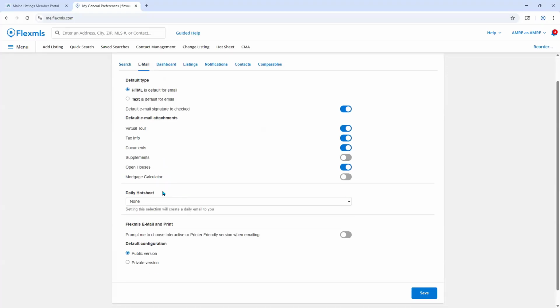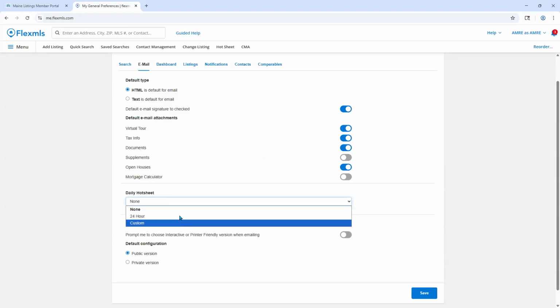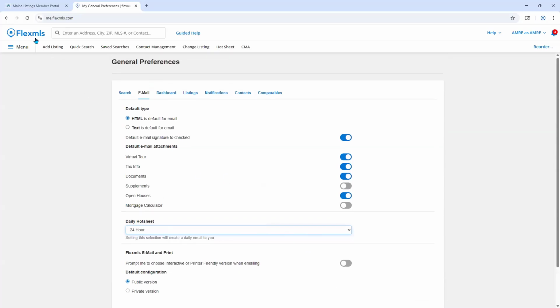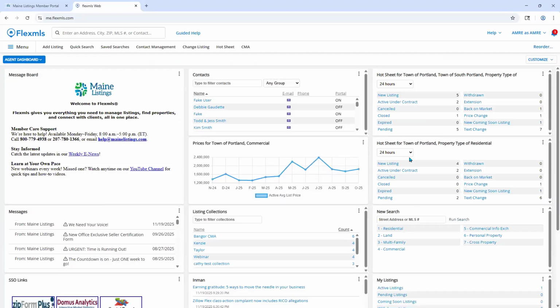And there's a daily hot sheet option. So this will create a daily email for you. I have none selected currently, but I could select 24-hour or custom. So if I selected the 24-hour and then save, that would create a daily email. All right, so heading back to the agent dashboard. Today we covered gadgets on the dashboard, 24-hour and custom hot sheets,